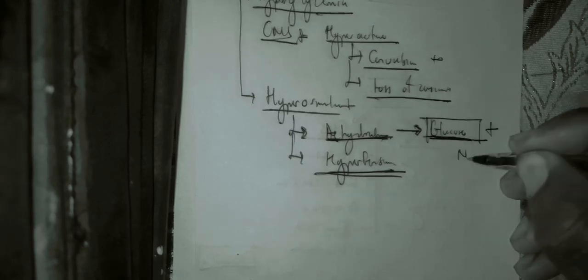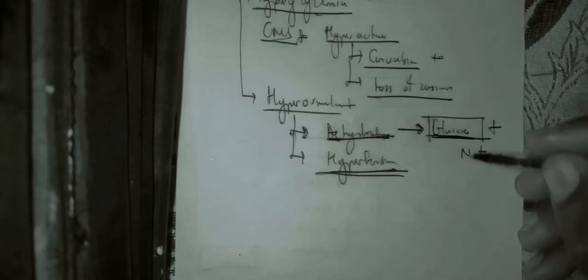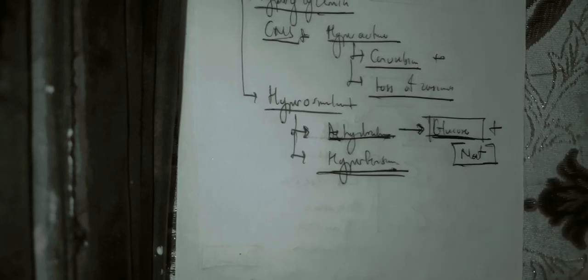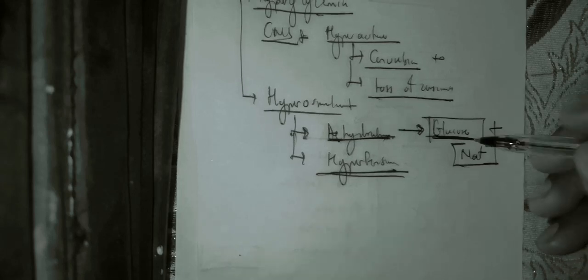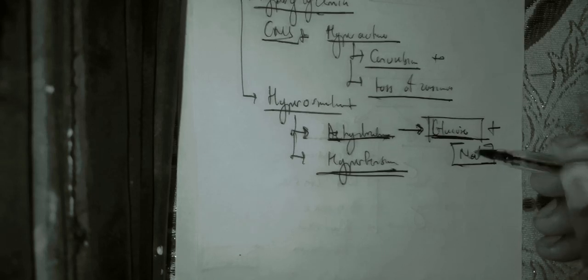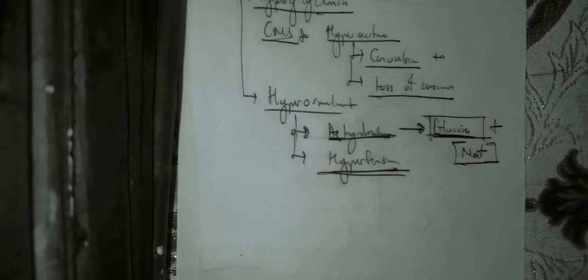You have again sodium ion in HONK. Sodium ion is going to increase highly in the extracellular fluid. Is it clear? Sodium ion increases highly in the extracellular fluid. Is it clear? So you need to know that you have glucose and sodium ion, which are very high in the extracellular fluid. So it means that since they are very high in the extracellular fluid, they are going to